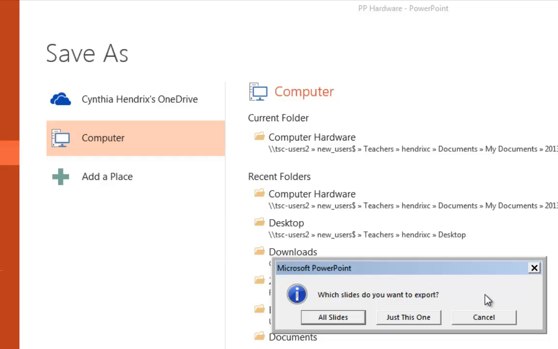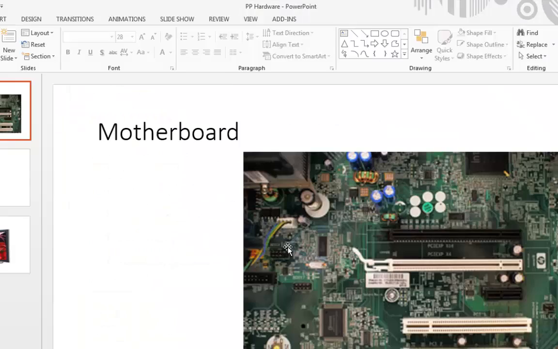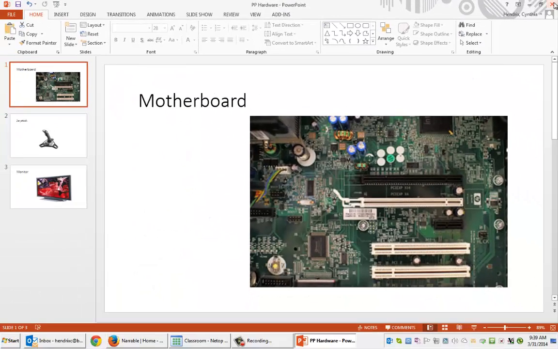It says which slides do you want to export. We want to do all of them, so click All Slides. Then it says each slide in your presentation has been saved as a separate file in this folder. And it tells me where it's located and what the name of the folder is and the file. Click OK. Now let's close PowerPoint,